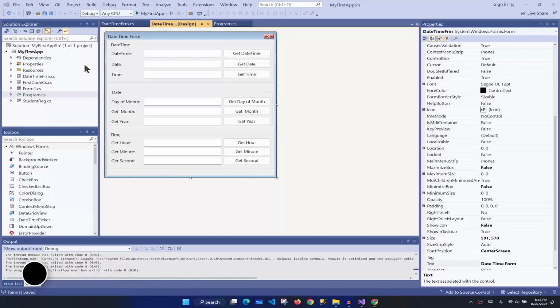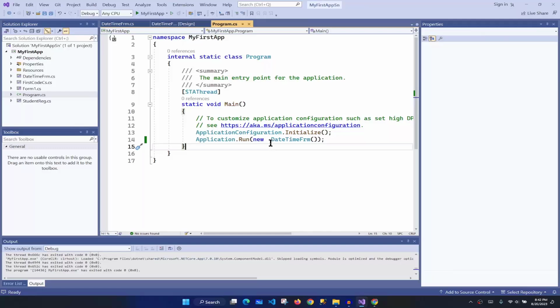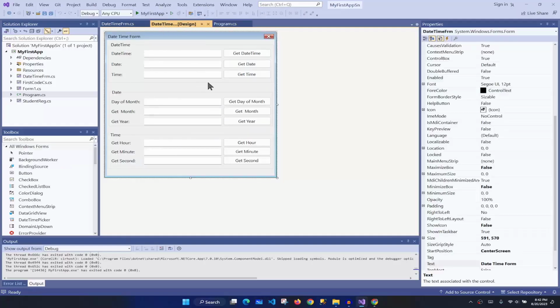To start my tutorial, I added the simple form over here. This is the simple form, and I have assigned the text, then the start position, and also I disabled the minimize and the maximize boxes. After that, I get inside the program, and then change the startup form like this, the datetime form. You know what, if you want to get the date and time in C#, there are really simple